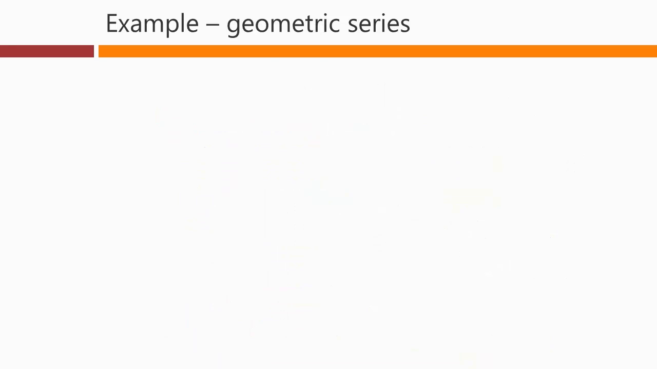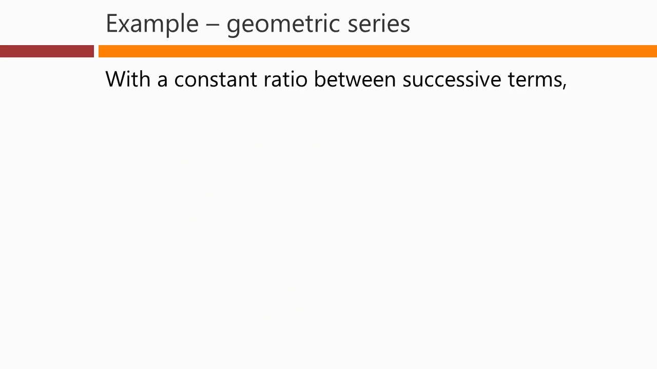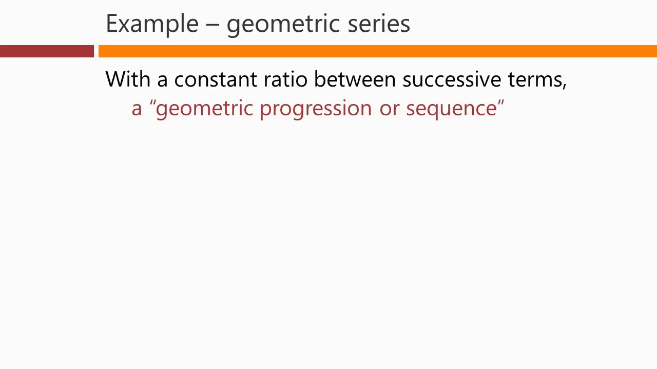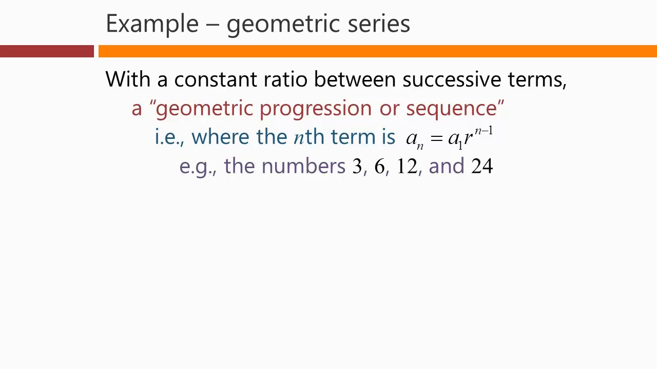As a second example, we can look at the geometric series. In this case, we're looking at a series where there's a constant ratio between successive terms in the sequence. And we call that, as I said, a geometric progression or sequence. In this case, the nth term is given by the first term multiplied by this ratio r to the power n minus 1. So for example, the numbers 3, 6, 12, and 24